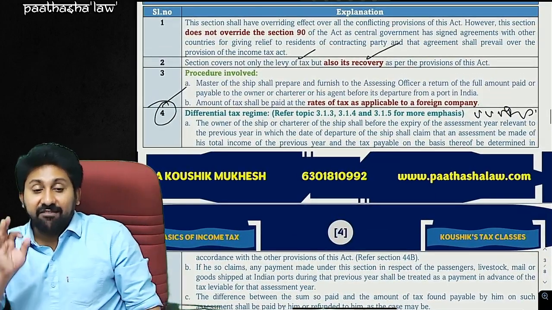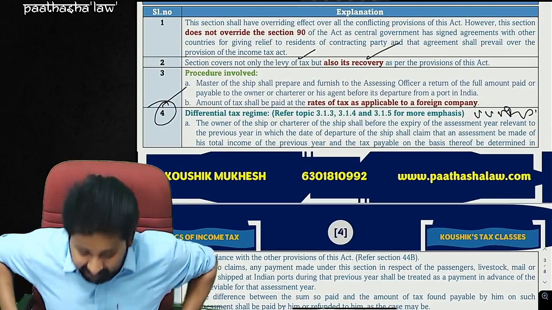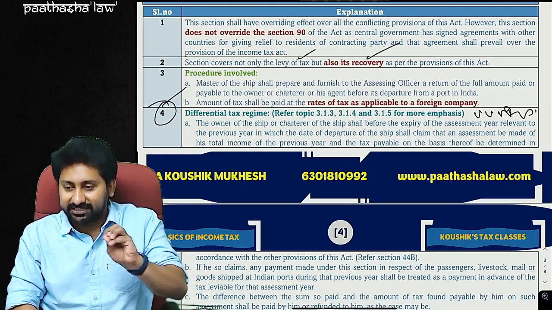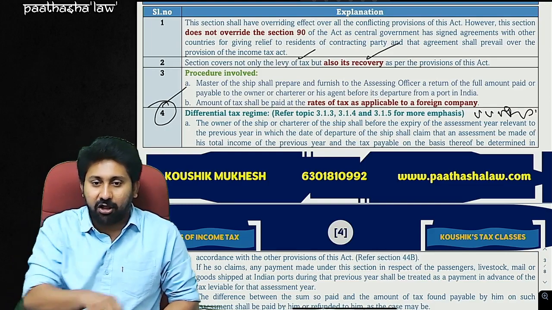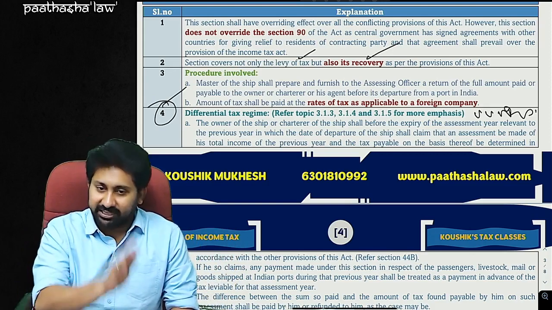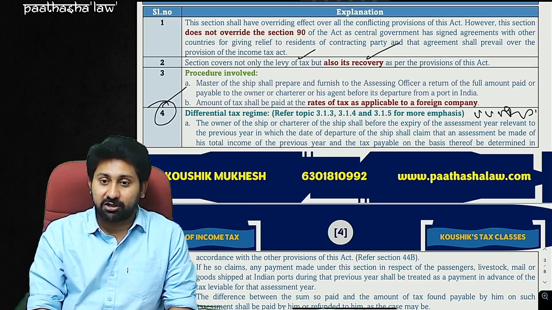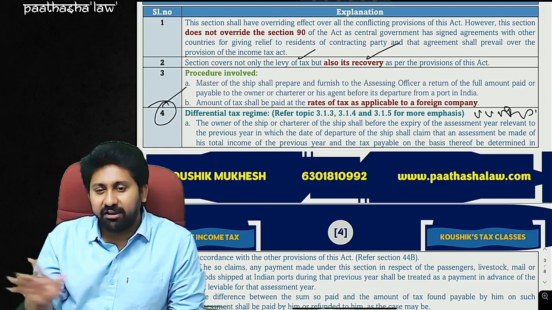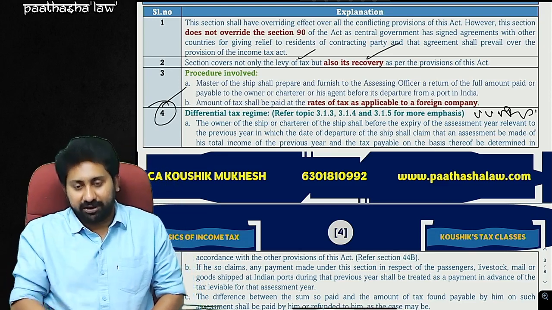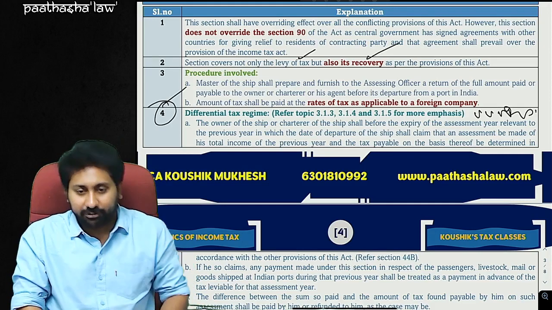First, I will explain the logic of the sections. Later you read. Give me 5 to 6 minutes. I will first explain the entire idea behind 44B and 172. Later we will do one exam question on this. Enough. You will be able to do any question that comes in the exam. Listen carefully to the point. Point number 1, section 172.